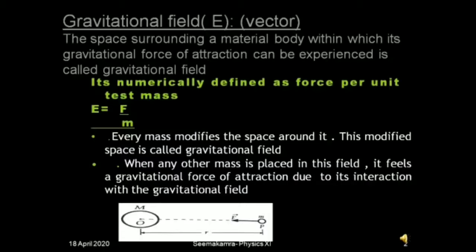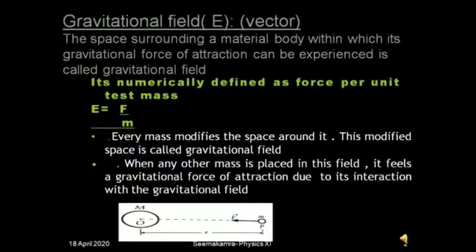In this sheet, we are going to introduce a new quantity, that is gravitational field. It is denoted as E, capital E. Now, as we have already studied about magnetic poles or the bar magnet, the bar magnet has 2 poles, north pole and south pole, and around this bar magnet, anywhere if we bring any other magnet, then the poles of the other magnet show attraction or repulsion.